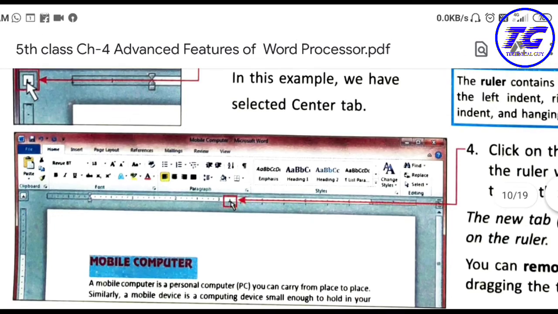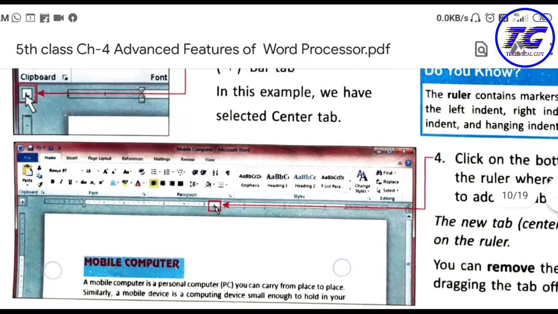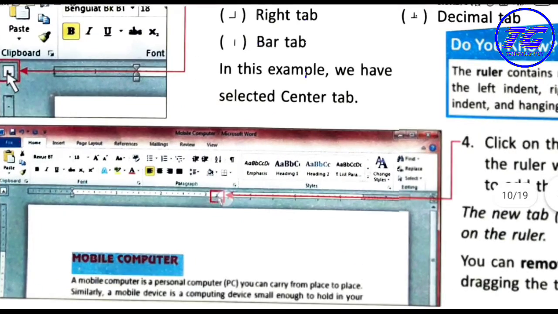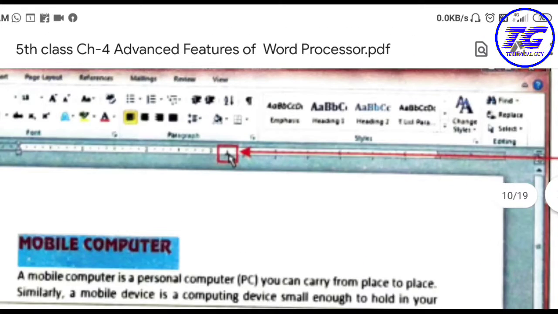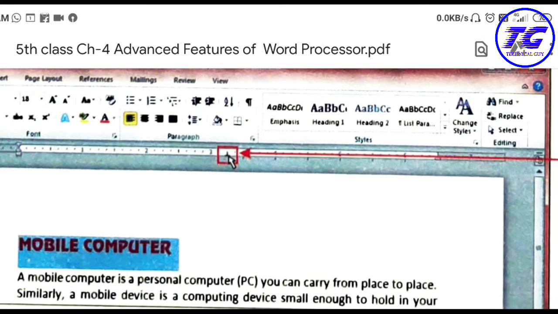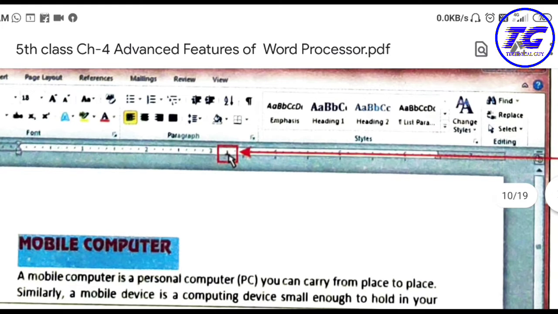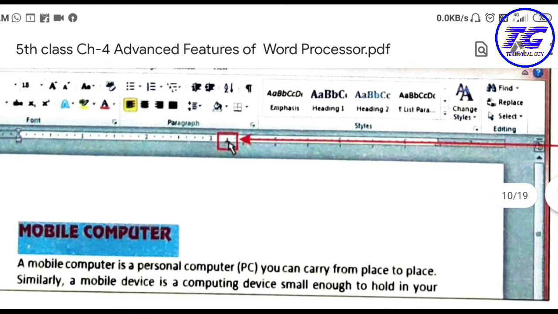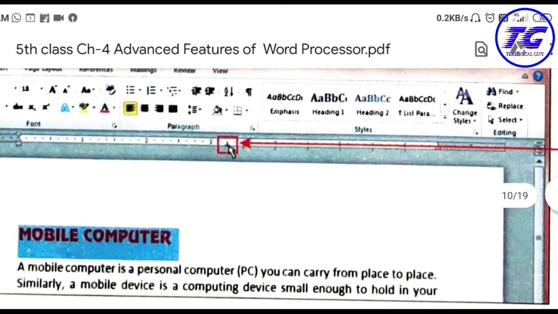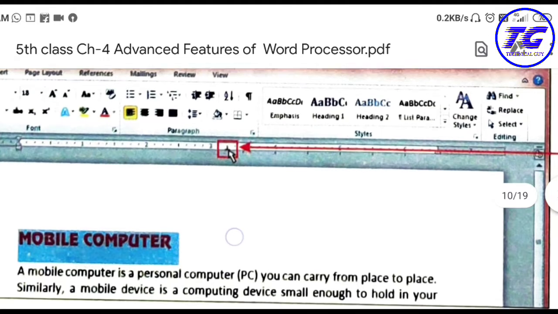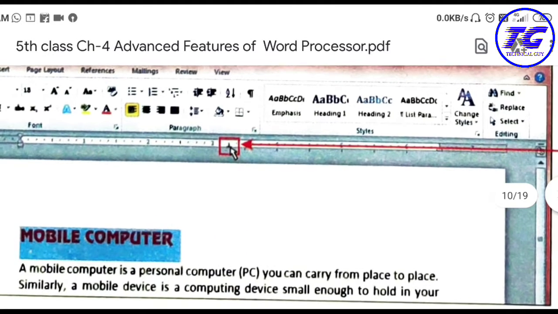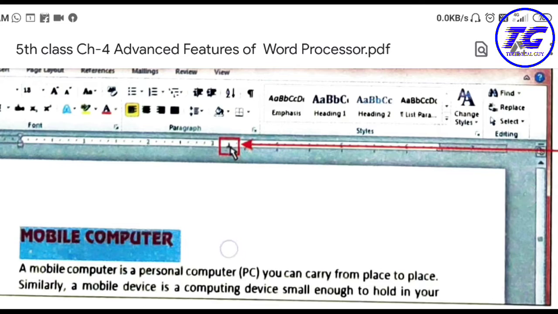So here one tab stop will be added on the ruler. So you can click anywhere on the ruler for adding this tab stop. Now whenever you will click the tab key from the keyboard, directly the cursor will come under the tab where you have applied this tab. Cursor will directly come here only.